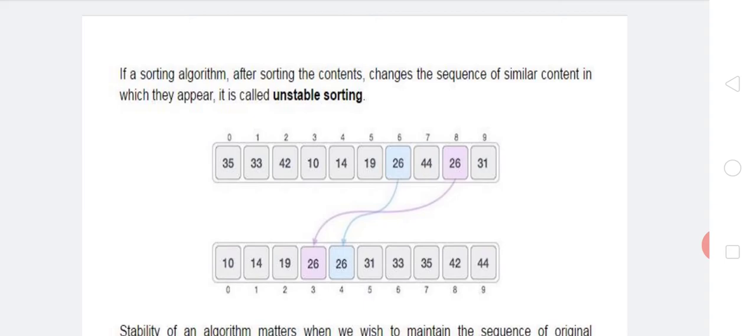Means wherever you want to store these two similar elements, in location number 3 as well as in location number 4, it will not matter in that manner. So this is called unstable sorting. Stability of an algorithm matters when we wish to maintain the sequence of original elements, like in tuples, for example.